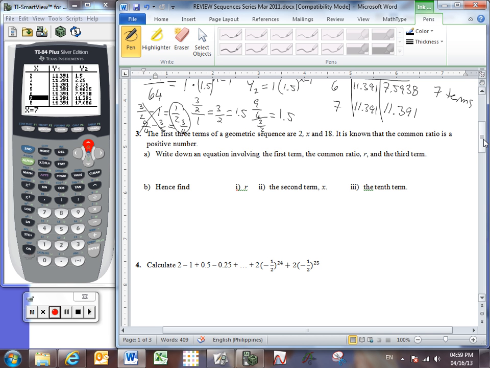The first 3 terms of a geometric sequence are 2, x, and 18. It is known that the common ratio is a positive number. Okay, so then let's write down the ratios of each pair of terms. So we know that x divided by 2,